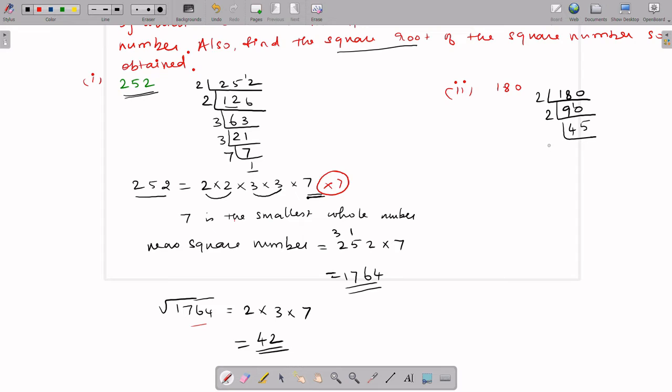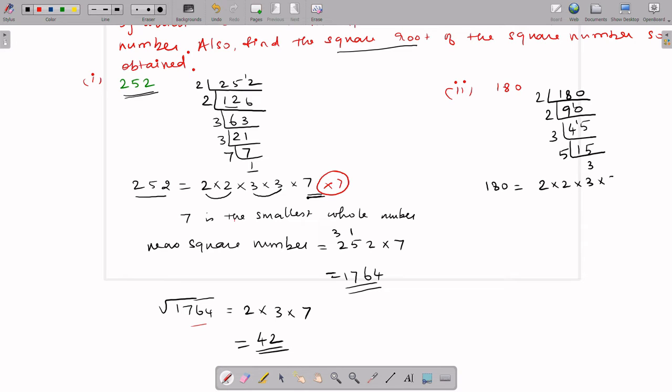So you have to use 3. Okay, smallest number. 1 3s are 3, and here 1 is there. So 5 3s are 15. Okay, and here you have to use 5. 5 3s are 15. Okay, so we have to write 180 is equal to 2 into 2 into 3 into